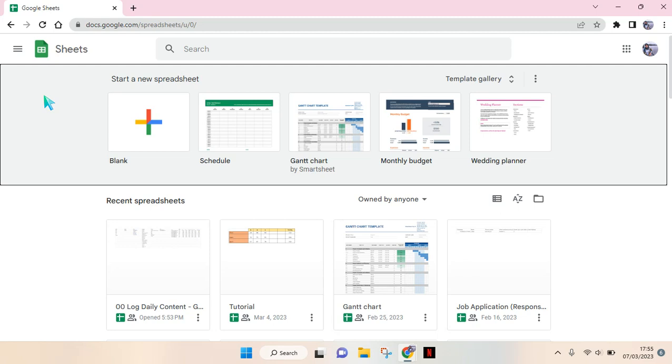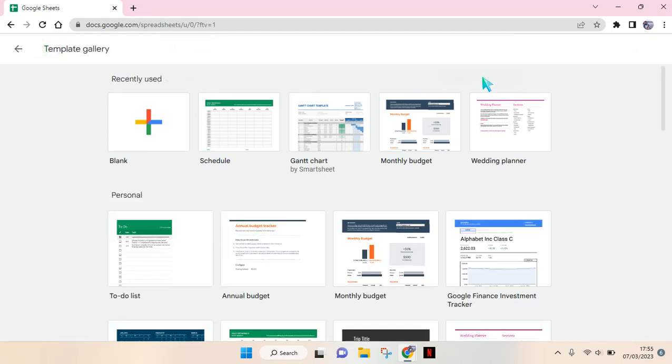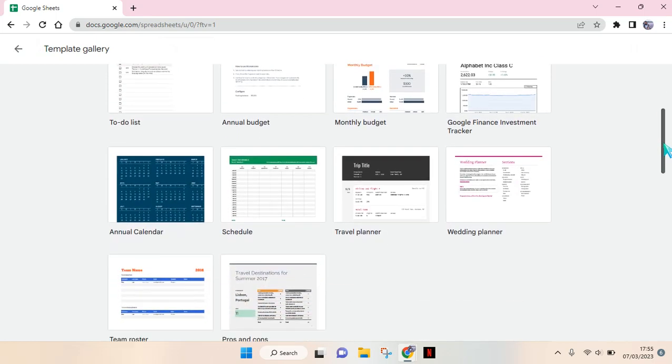So on today's tutorial, I'm gonna show you how you can create a schedule in Google Sheets by using a template. So in here, the first thing that you need to do is go to the Google Sheets. You can just go to docs.google.com and then slash spreadsheets. And then here to use the template, you just need to click on the template gallery and then just scroll down until you find